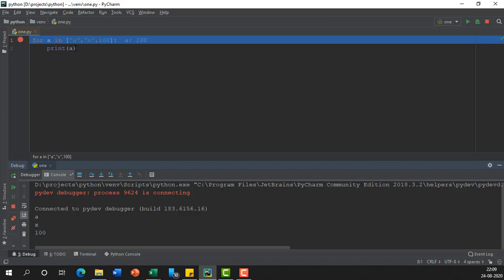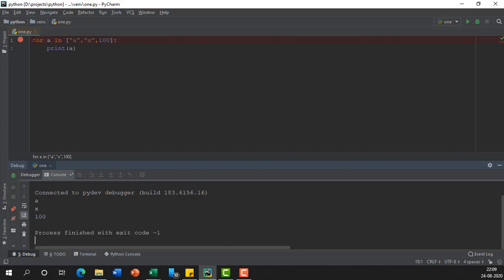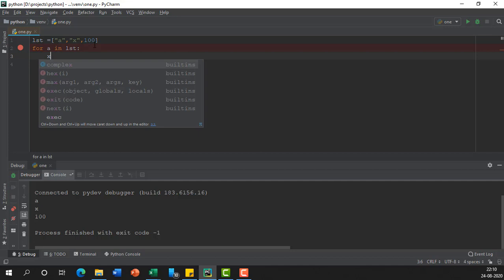Now, what if I want to have a list that is already stored? Let's say we have a lsd and its value is exactly the same, and this is the program. So the output is same because the concept is same. We have a list and that is stored in lsd. First item will be a, then x, then 100. Okay. What I'm going to do is I'm going to add